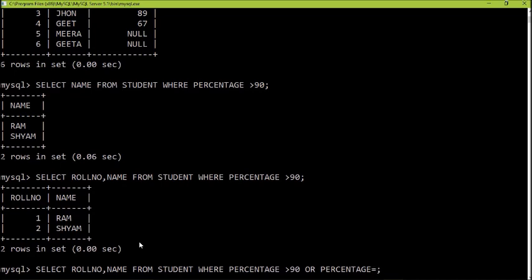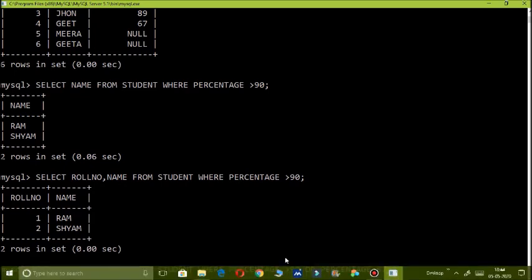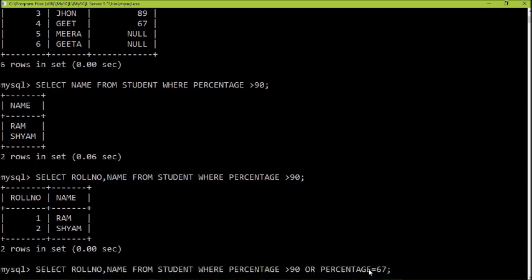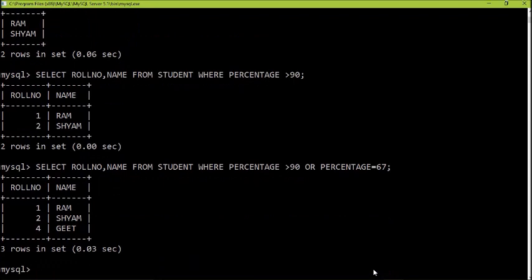So Geet will also come. From the above table I have selected it. Geet has scored 67. Either the percentage will be greater than 90 or it will be 67. So see the outcome. I hope it is clear.